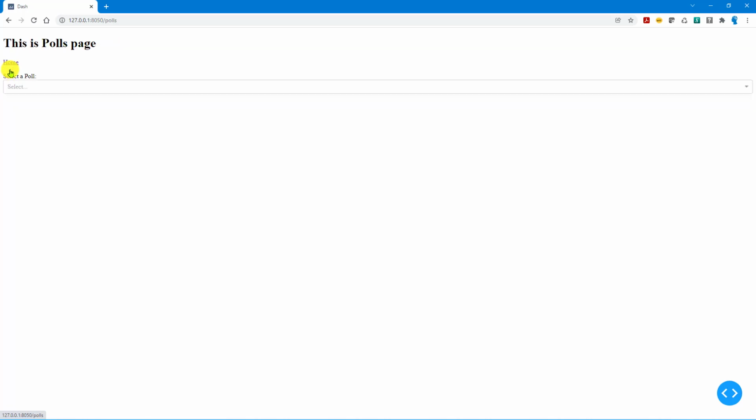And if I go to the polls page, it is properly giving me the layout of the polls page as well, where I can select a poll and it will display the poll question, right? So if I select poll 2, it will display the poll 2 question here. I can go back to home. I can go to the polls result page as well, and it will show me the polls result page layout over here. So looks like our code is working. Our destructuring is working over here.